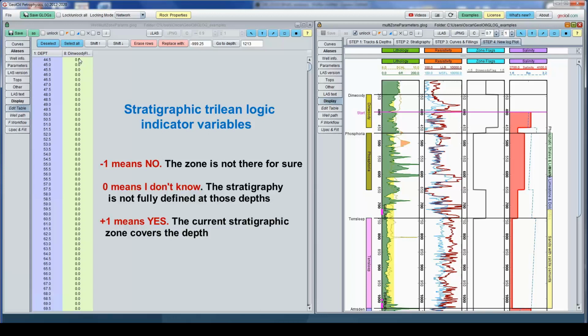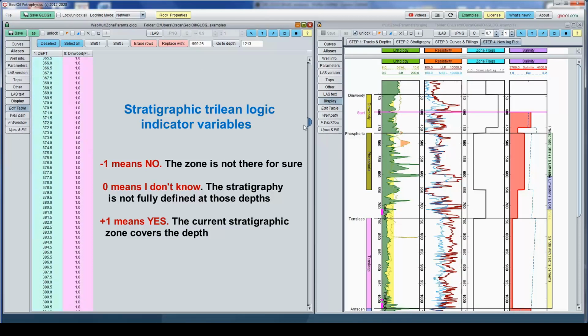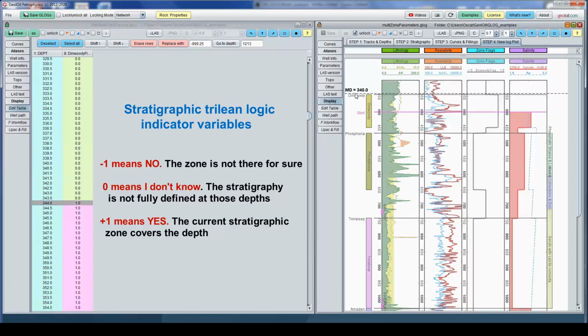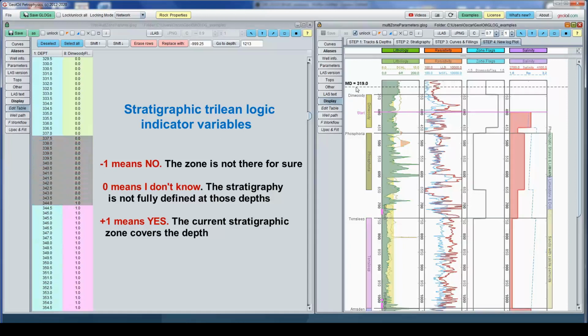That's for indicator variables. When we have 0, that means to Yoroi, well, I do not know what happens here. At 345 feet, you see that the data start here, 344, exactly there. From 344 and shallower, we don't have any information. That means to Yoroi that we do not know if that is Dinwoodie.